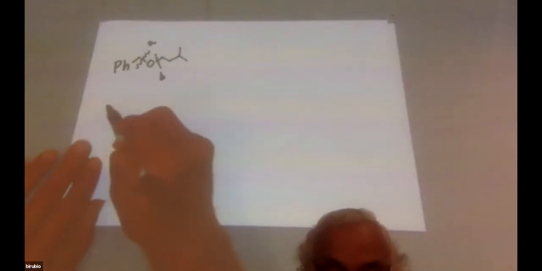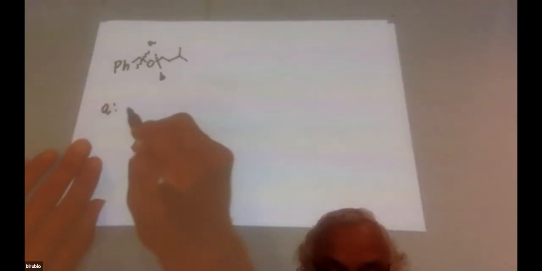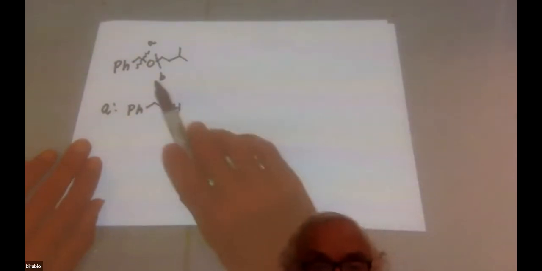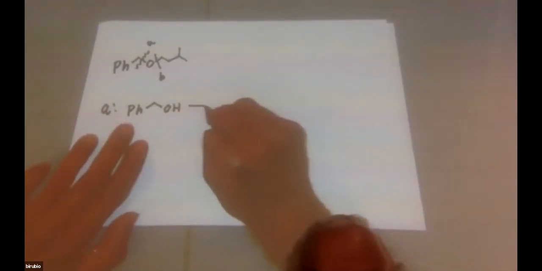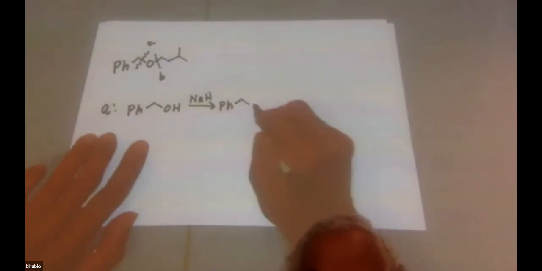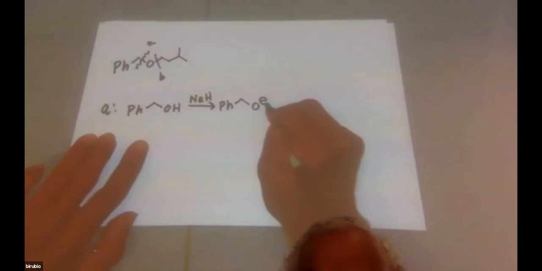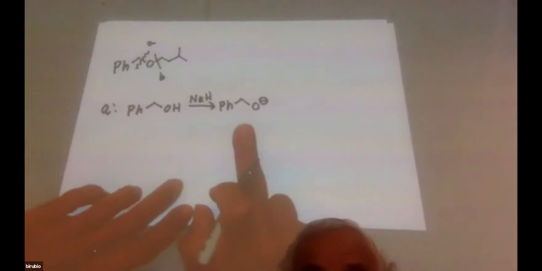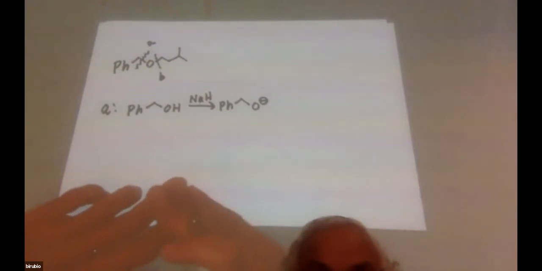I'm going to see how I could create this ether in two different ways using Williamson. Okay, so route A would be, I would start with this alcohol, right? I'm going to make this bond that I've labeled A. I'm going to start with this alcohol and react that with sodium hydride. And that makes this alkoxide. And now I can bring in,